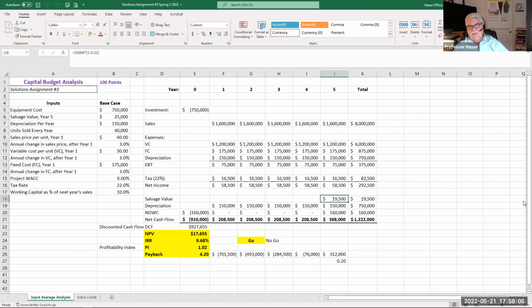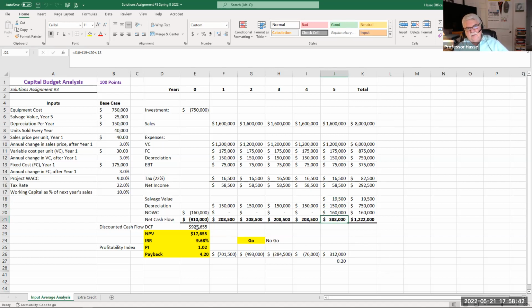So thus we're generating $910,000 of cash negativity in year 0, the year of the investment, $208,500 years 1 through 4, and $388,000 at the end of year 5. Some of us forgot to include the salvage value in your arithmetic for the net cash flow. It's 58.5 plus 19.5 plus 150, 160, 388. So we have a total cash flow being generated of